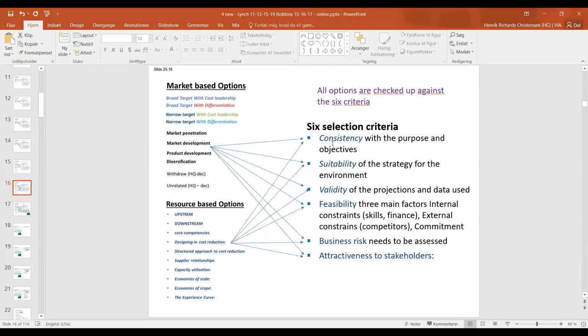Is that consistent with our purpose and objectives? Is it suitable? What about the validity of the data used? Is it feasible? What about the business risk and the attractiveness to stakeholders? So in this way,